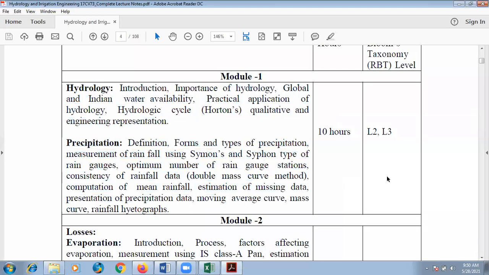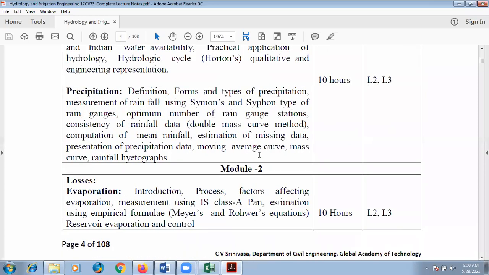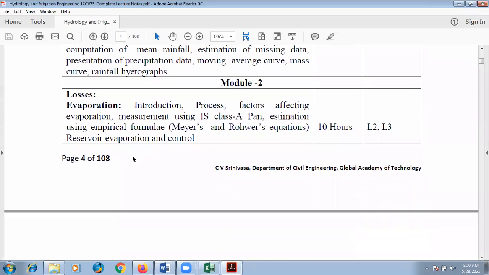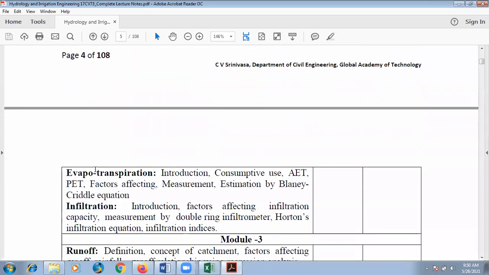Yes, sir. Okay. And then the module 2, we have 3 minutes, after which you may have to rejoin. In module 2, the abstractions of precipitation are discussed, 3 of them, not all of them. What we are going to discuss is about evaporation, evapotranspiration, and then infiltration.